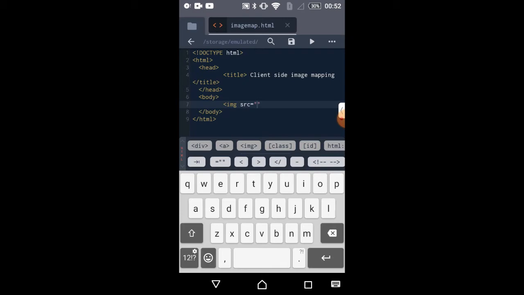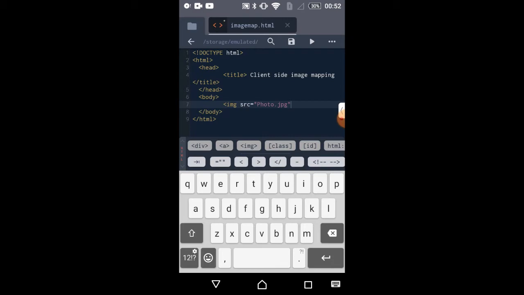So the name of the file is photo.jpg. You have to give the name as it is there on the photo. Like if the first letter is capital, you have to give the first letter capital only.